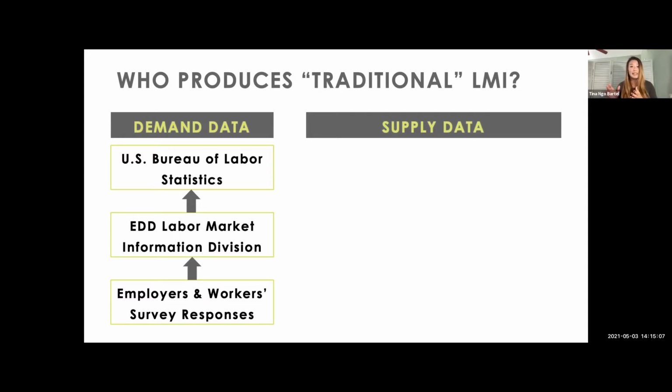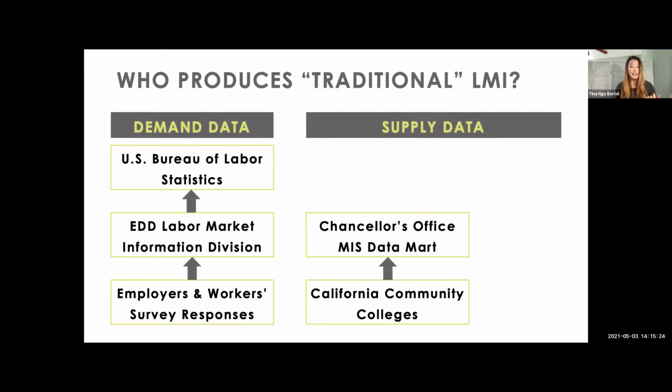For the supply side, or supply data of LMI, it comes from educational institutions. So again, my constituents represent the California community colleges, and we report the community college data directly to the Chancellor's office at the state level through a system called the MIS Data Mart. The Chancellor's office, or the state that oversees that data from the community colleges, takes that information and puts it into various databases